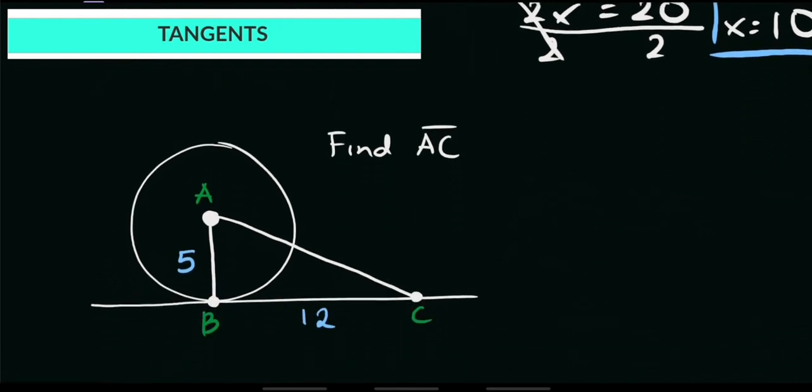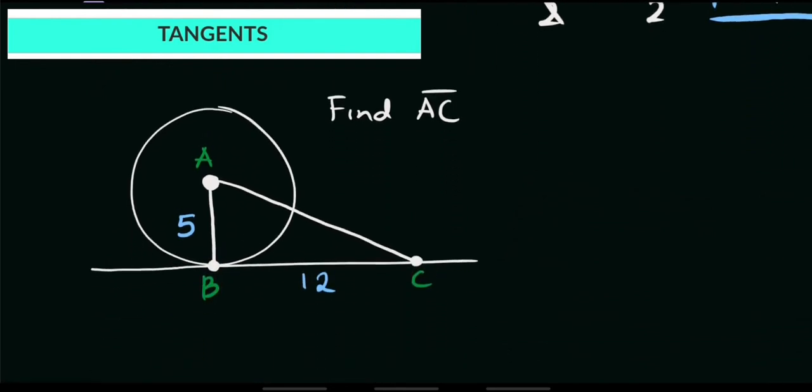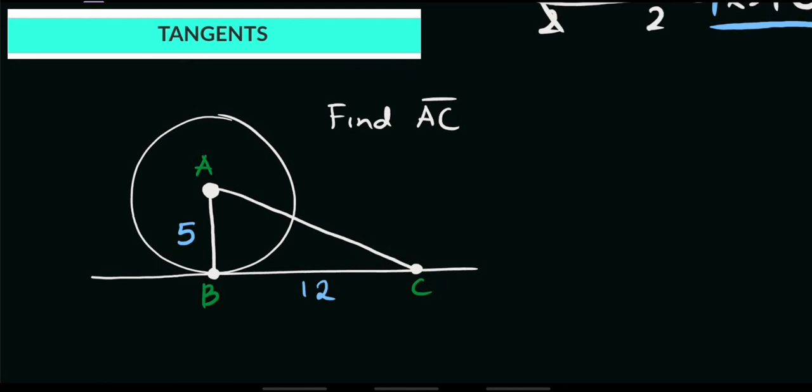Next, question number 4. We're asked to solve for the value of AC. This time let's apply the concept wherein the point of tangency is automatically perpendicular to the radius. That means we have this line segment AB, and automatically we form a 90-degree angle. Since we're asked to solve for the value of AC, let's name this one X. Since that is a right triangle, we are allowed to apply the Pythagorean theorem.